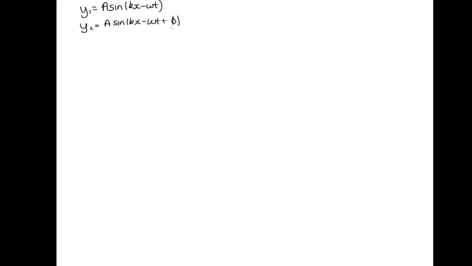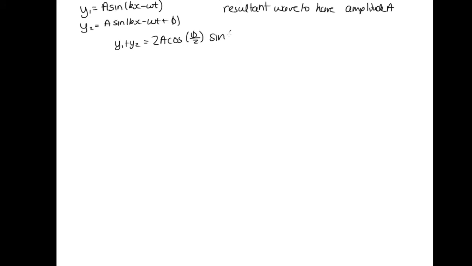And then we just need to try and work out what phi is such that we want our resultant wave to have amplitude A. And we showed that y1 plus y2 is equal to 2a cos(phi on 2)